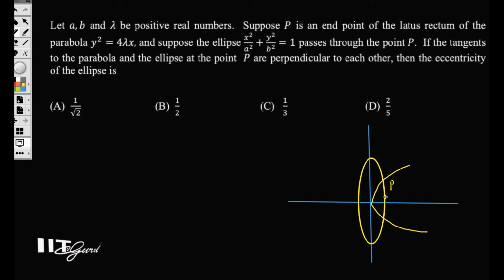Here these two curves are orthogonal, and this be lambda, and this is 2 lambda, and this y square is equal to 4 lambda x,